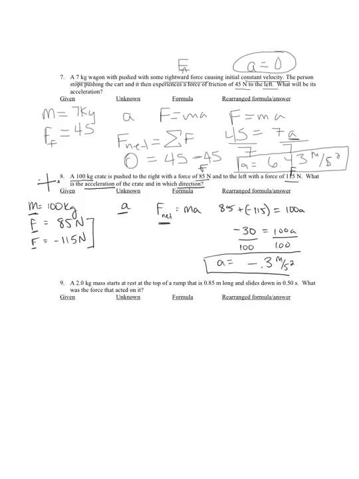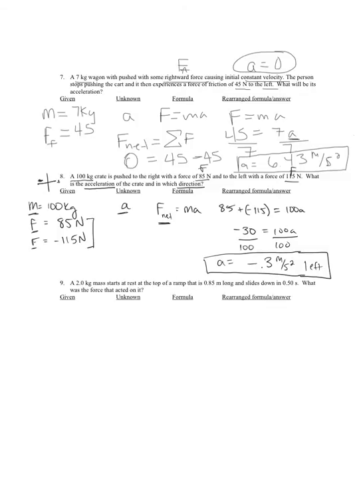So my A is equal to negative 0.3, and it's an acceleration, meters per second squared is my acceleration. And in what direction? Well, it's negative, and of course, again, if my object is going in a negative direction, it's going to the left. And that's the answer to my question. All right, lastly,